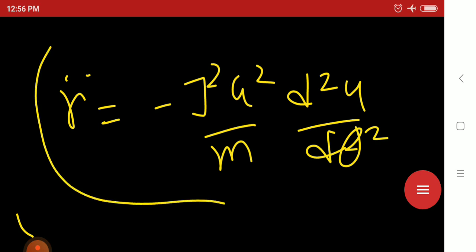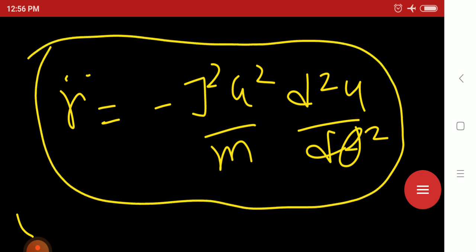After putting all the terms, we can write the equation of orbit as